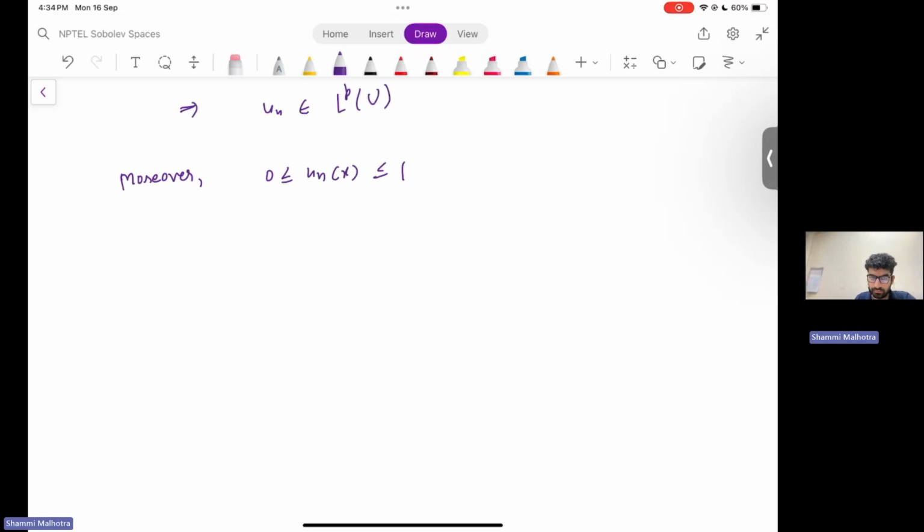And one more thing: as n tends to infinity, what happens to u_n(x)? So as n tends to infinity and x belongs to u, u_n(x) will tend to 0, or in fact it's eventually 0 only, as u_n(x) is 0 for all n greater than or equal to n naught, such that the distance of